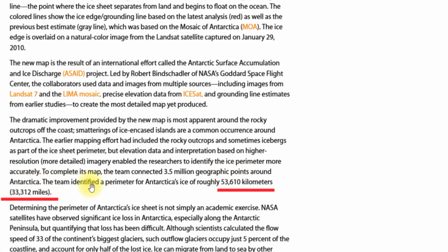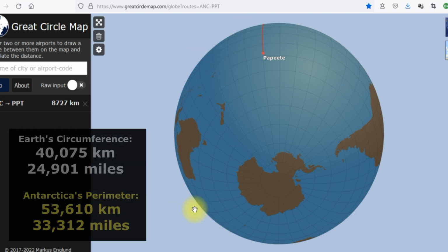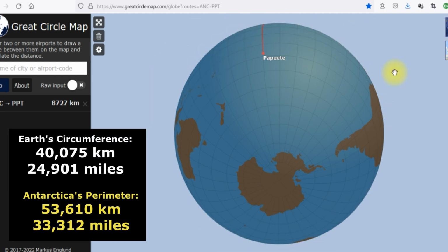The team identified a perimeter for Antarctica's ice of roughly 53,610 kilometers or 33,312 miles. 33, a very suspect number right here. See, the circumference of Earth is 40,000 kilometers or 24,000 miles. But somehow they measure this and they say it measures 33,000 miles, like 12,000 miles more than the whole circumference